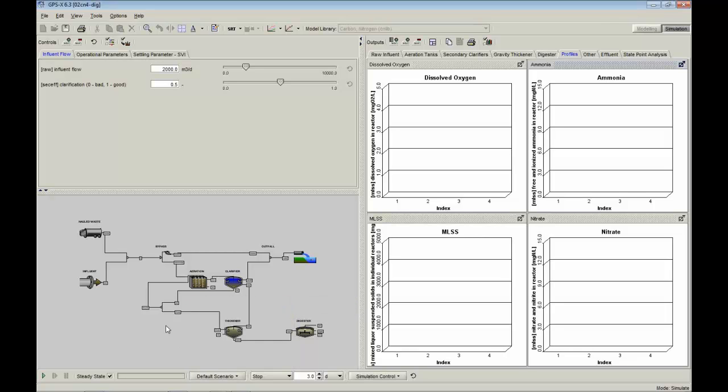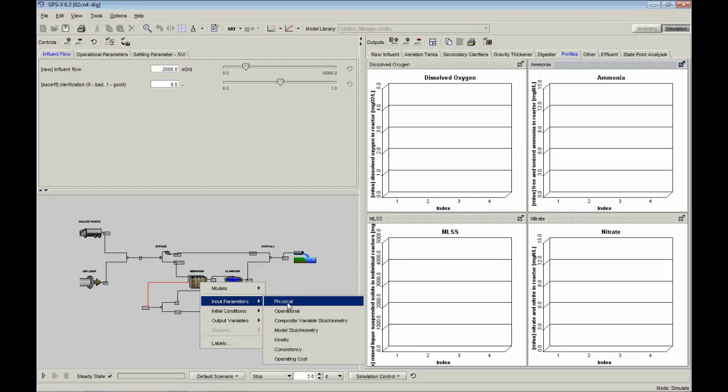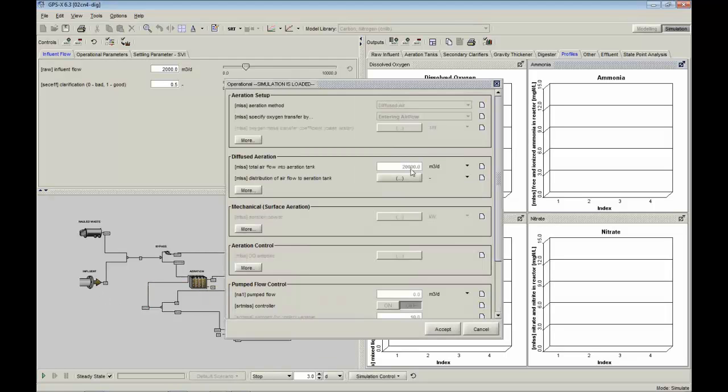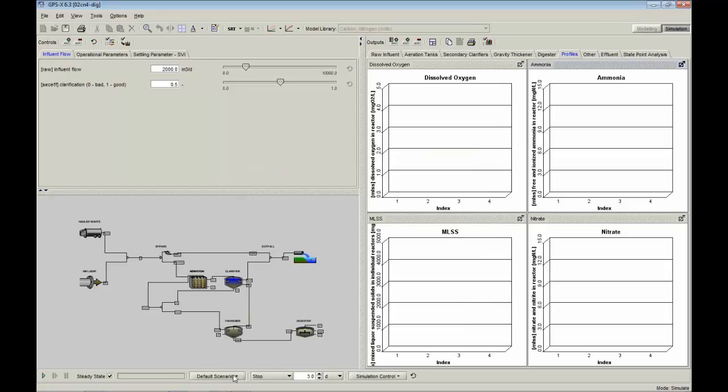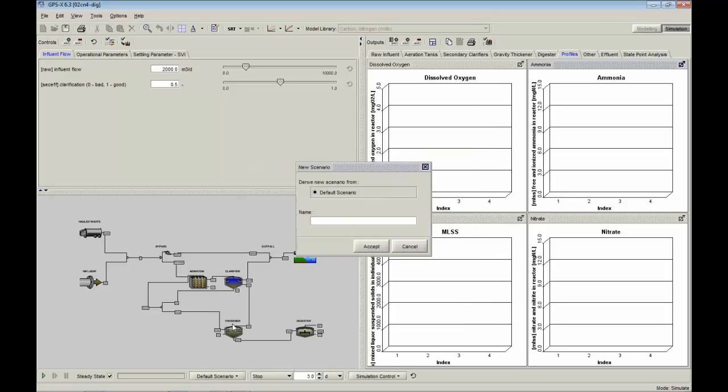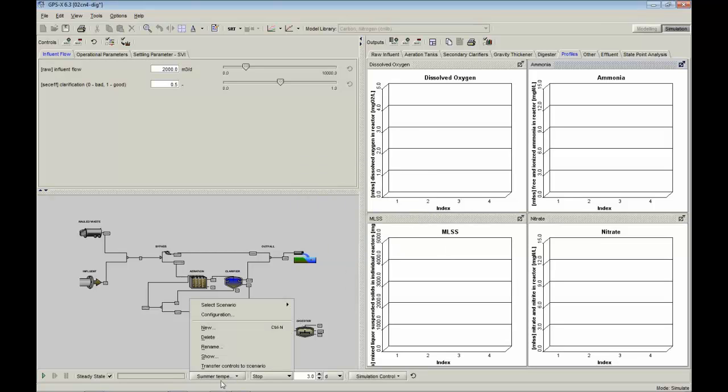So just to show you what we mean here, if I open up one of these menus for this particular object, you'll see that I can't enter any new numbers at this point. Everything is grayed out. This is the default scenario. You cannot change the default scenario by itself other than going back to modeling mode and making changes and rebuilding that Fortran code again. So what we're going to do then is make a new scenario, and I'm going to call this one summer temperature, just for fun. I hit accept,